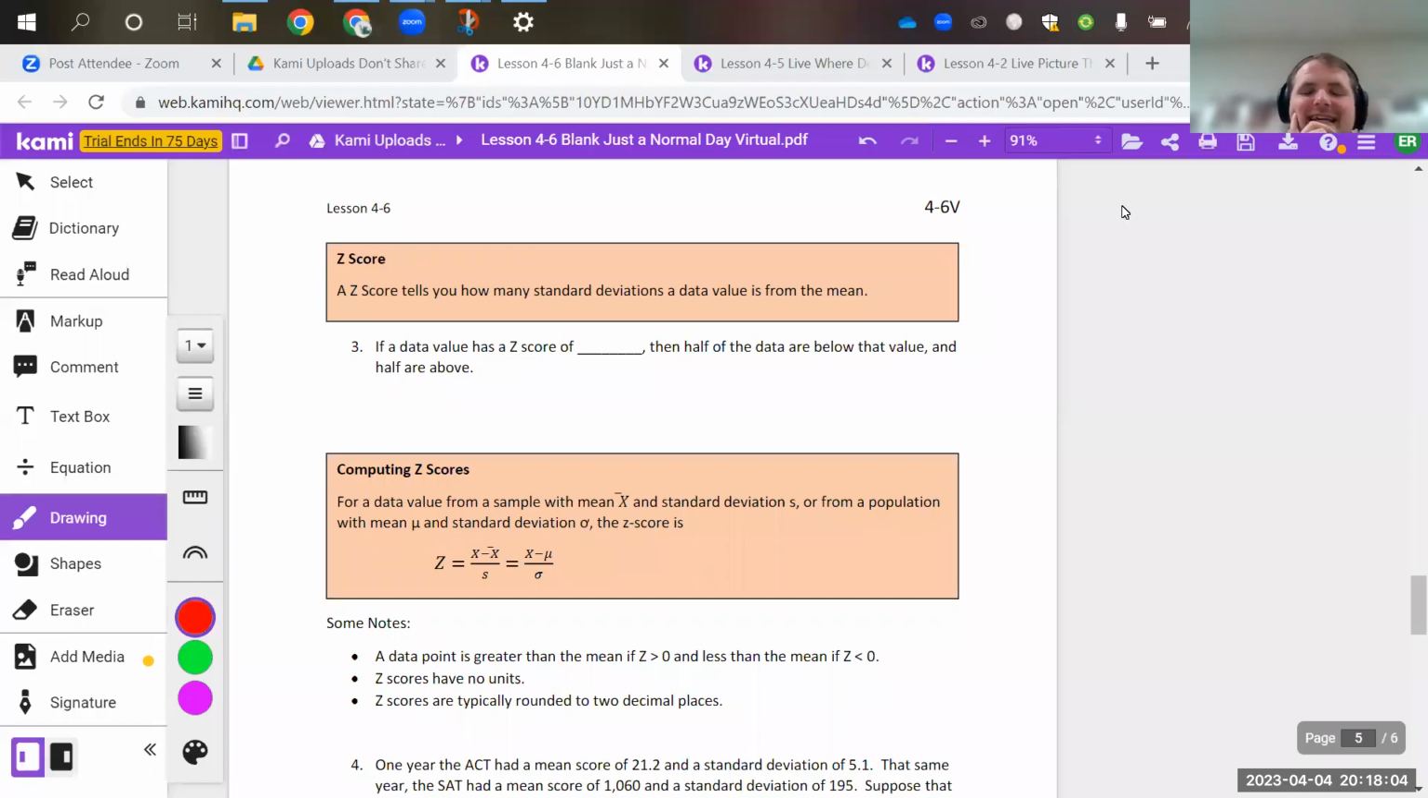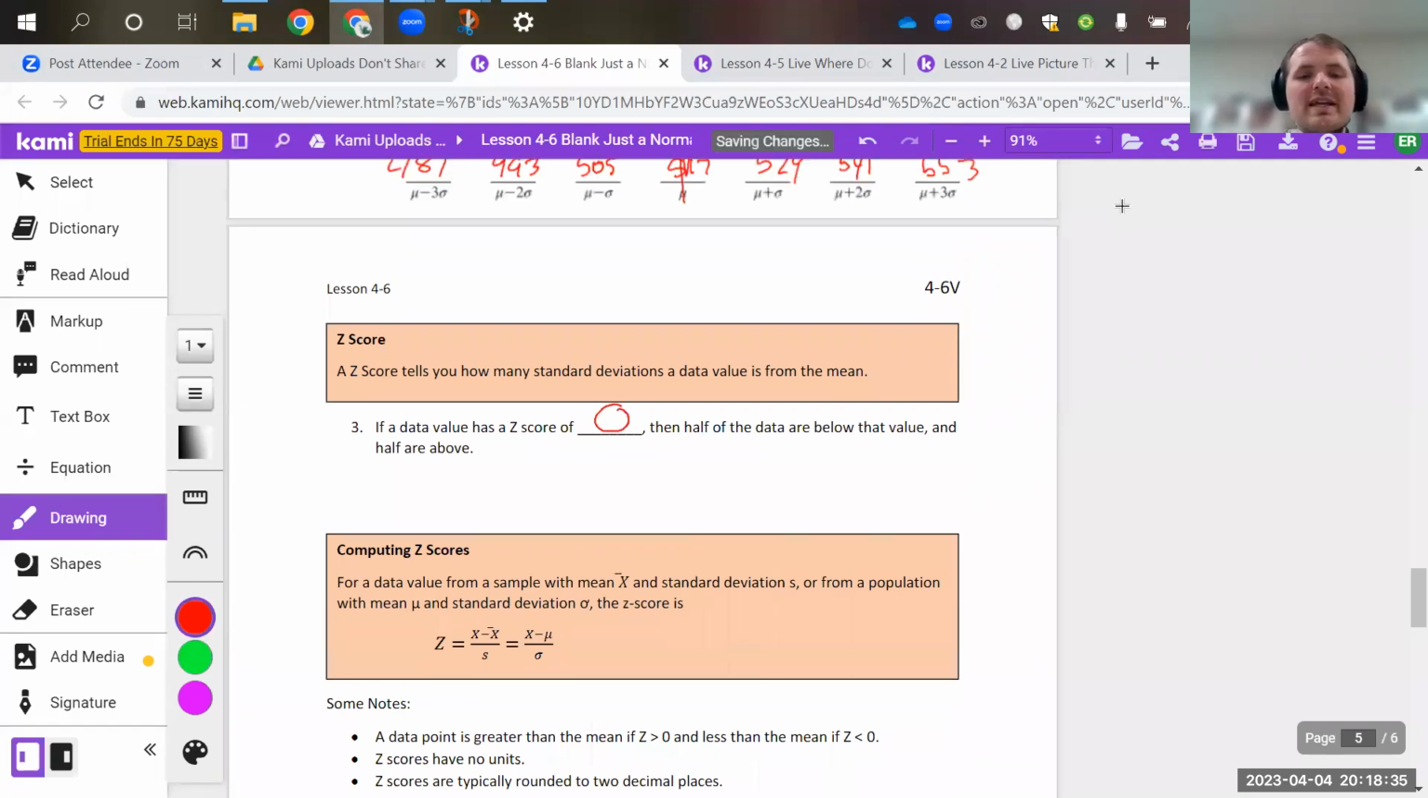So the z-score tells you how many standard deviations a data value is from the mean. If a data value has a z-score of blank, then half the data are below and half the data are above. So a z-score tells you how many standard deviations a data value is from the mean. What would be perfectly in that middle? That would be a z-score of 0. So again, if we're looking at a bell curve,